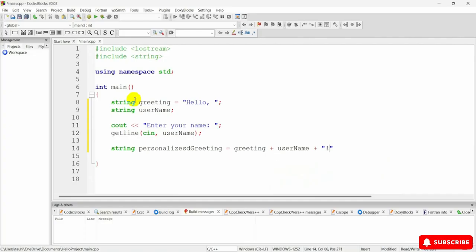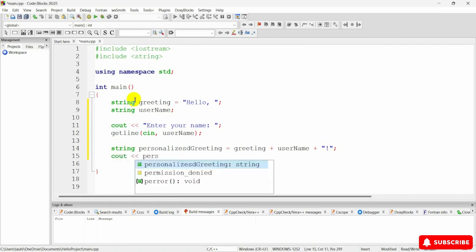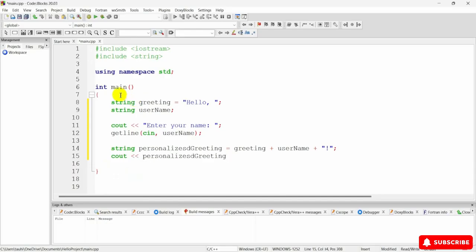Okay, and now again create for this messages. So first of all just type cout, and create for this sign, and here just call for the personalized. Okay, so here in this personalized, remove this. Okay, so now complete personalized greeting, and then create for the double less than sign, and inside this create